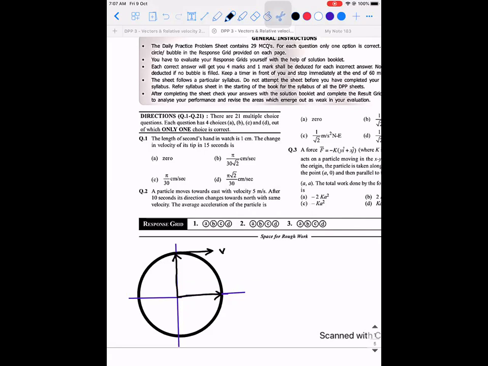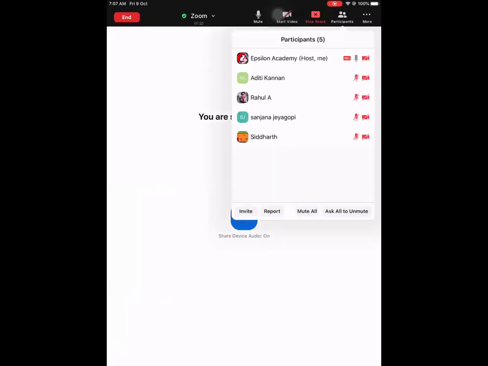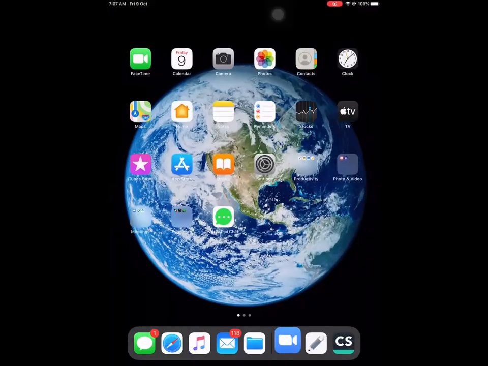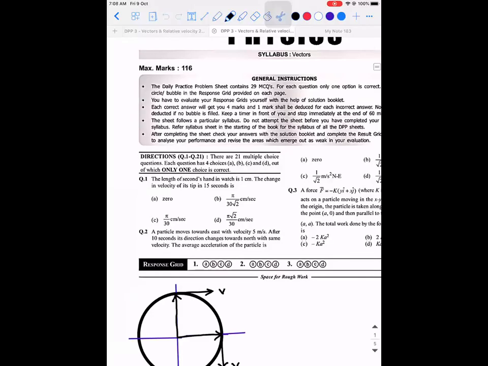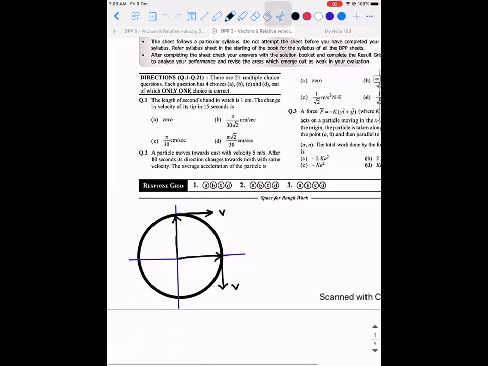Remember, for any curved path, the velocity of the particle is always tangential to it. I have told this many times. And here also the velocity is in the downward direction. I hope you're able to understand. So one thing that is going to be common here is its speed. When I say speed, it's the magnitude of the velocity that is going to be constant. But what is changing here, guys?